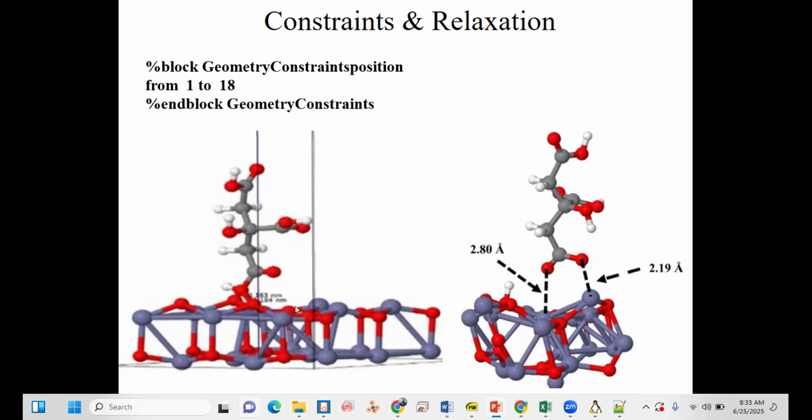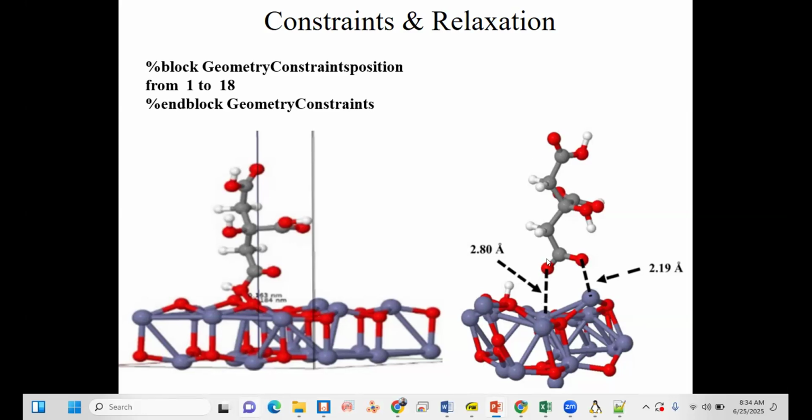So I will take first of all a unit cell of zinc oxide, and I will optimize it. Then the optimized unit cell will be extended along X, Y, and along XY direction so that it makes a plane. Then I place this optimized molecule on top, but during the calculation, I will keep this layer fixed. The reason behind it is if you allow them, it will sometimes distort the whole structure. So we have to fix this layer, and we will allow this molecule to go up or down because of